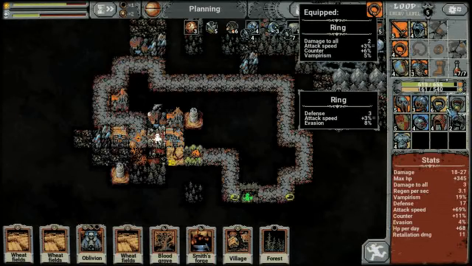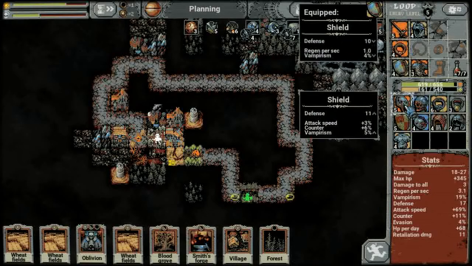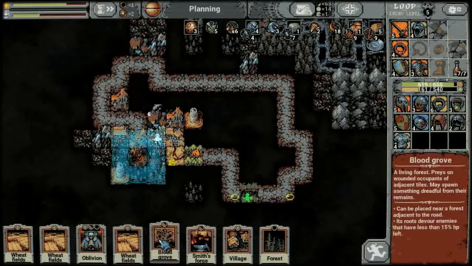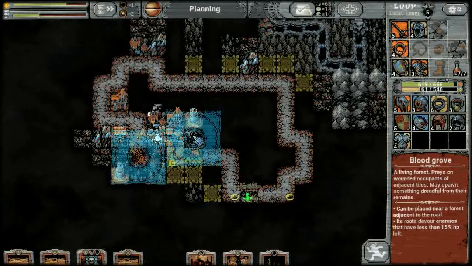Nice. Alright, so do I want this helmet? So we gain Vampirism, we gain only 1 defense. No, I like my current shield, we'll keep it. We got another village. I don't have a really good spot to place this, though. Let's add a Blood Grove here,